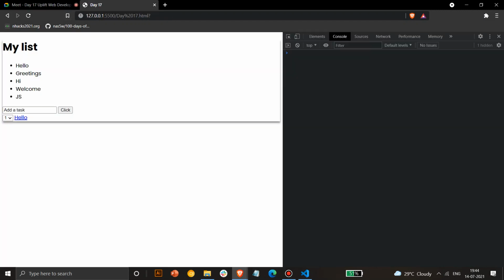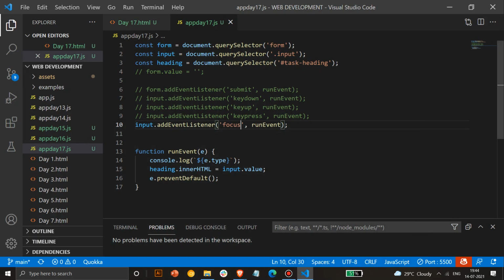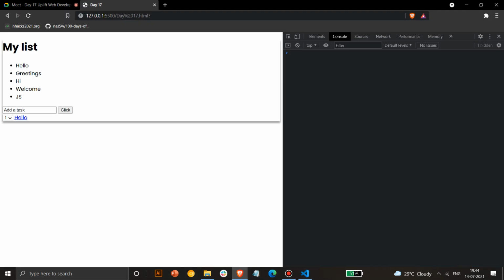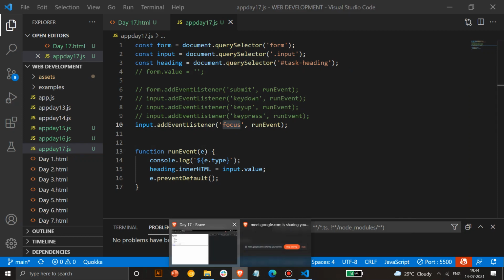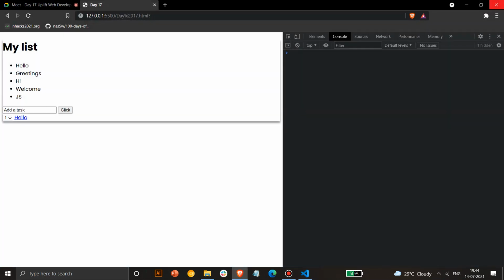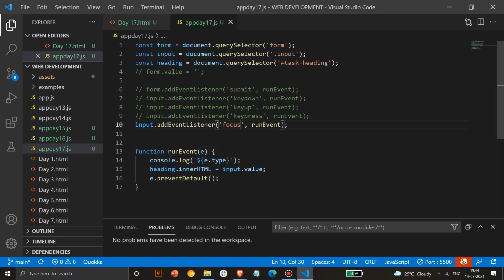Just try guessing what it should do on focus. Sir, can you please repeat? Maybe if we keep a button pressed for too long. No. Nice try. It's related to that, but not specifically.